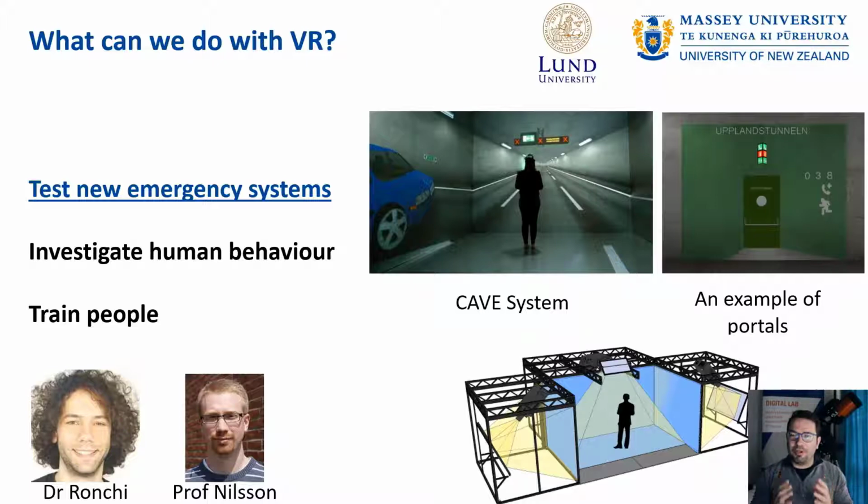Unfortunately, that was the painful work done by Daniel back in the time, when he had to do a real field experiment, stop the use of a tunnel, bring people into the tunnel, create different kinds of setups, and see how people reacted to the different systems. In this case, it was much easier. It was done in a digital environment, and it was much easier to bring people into a computer lab and test them in a cave system. Of course, this system was a bit expensive, and still is quite expensive.